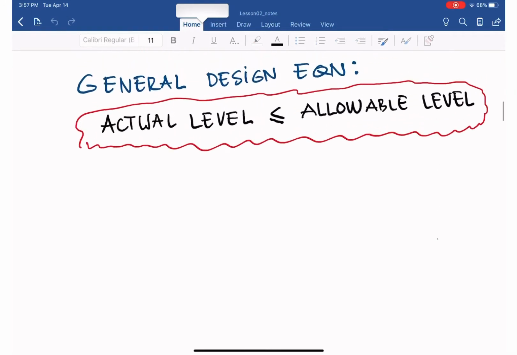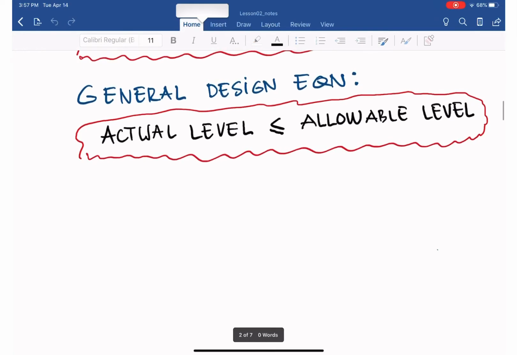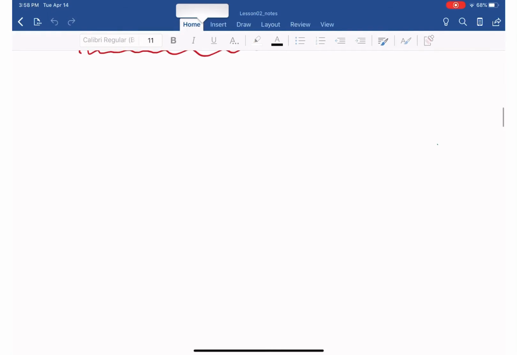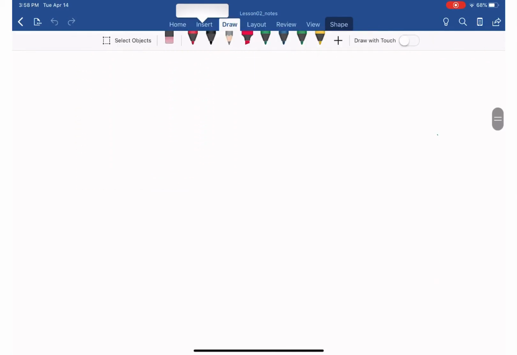Before we continue with the lesson, I suggest you practice worksheets 2A to 2C that apply the equation for the general design: allowable level is always greater than or equal to actual level, or actual level less than or equal to allowable level. So with that confidence, let's move on to the new topic, which is load